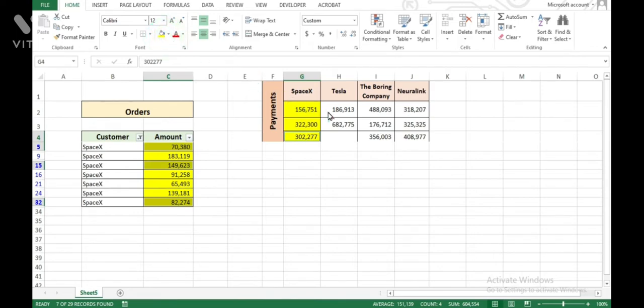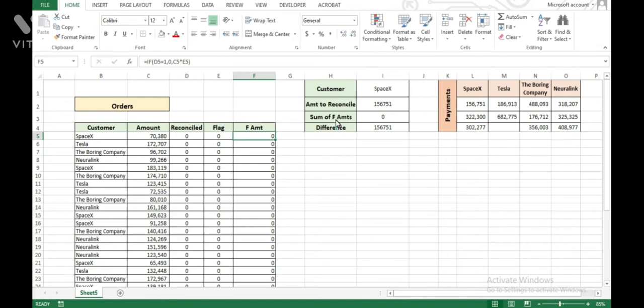Similarly, we can reconcile for another customer, Tesla, the Boring Company, Neuralink, by this trial and error method. This method is very time consuming and is prone to errors, especially if the list is very long. We can use some helper columns and formulas to make this process a little easier and less error prone. I already reset the colors